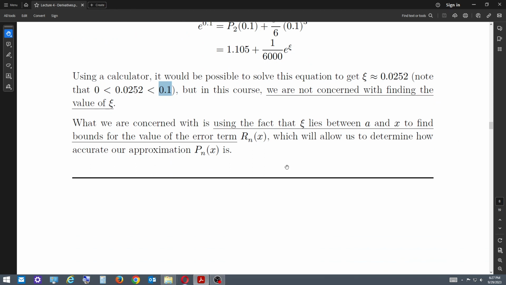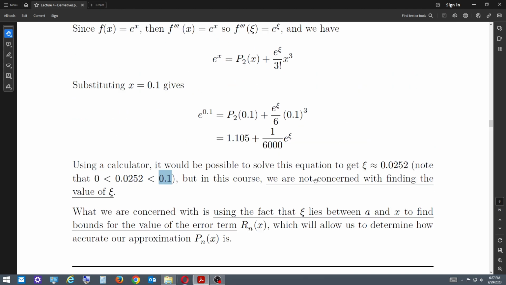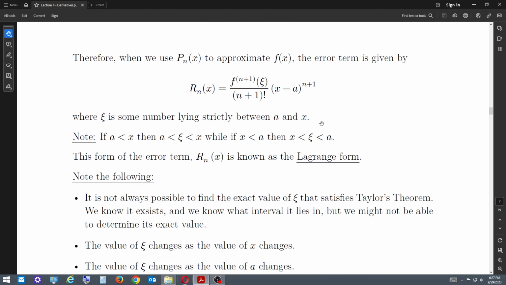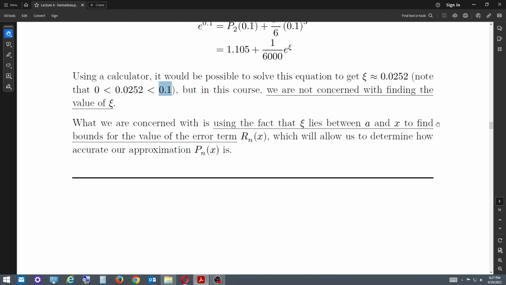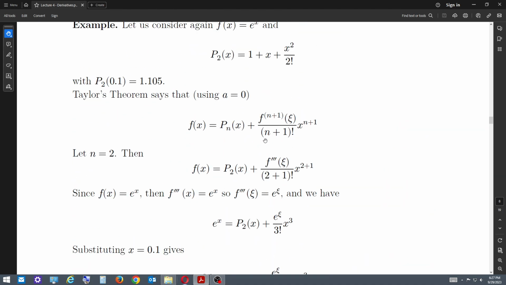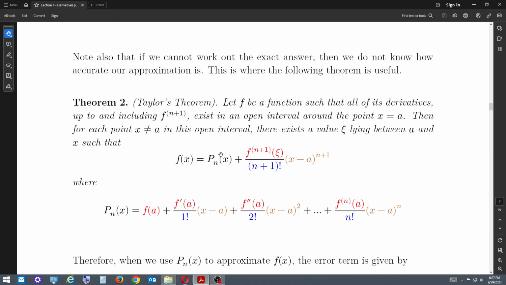What we are concerned with in this course is to use Taylor's theorem and then be able to find bounds, or to find an interval containing xe. Then we use that interval to figure out what is the maximum error I could have and what's the minimum error? And then that will tell me how accurate my approximation is. Because remember, what we're doing here is we're taking our polynomial, and once we substitute the value for x, this will give me a number. And we need to figure out